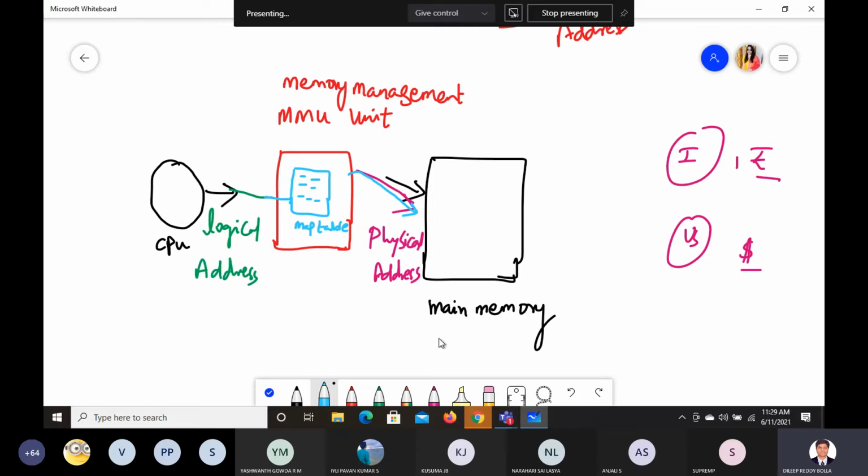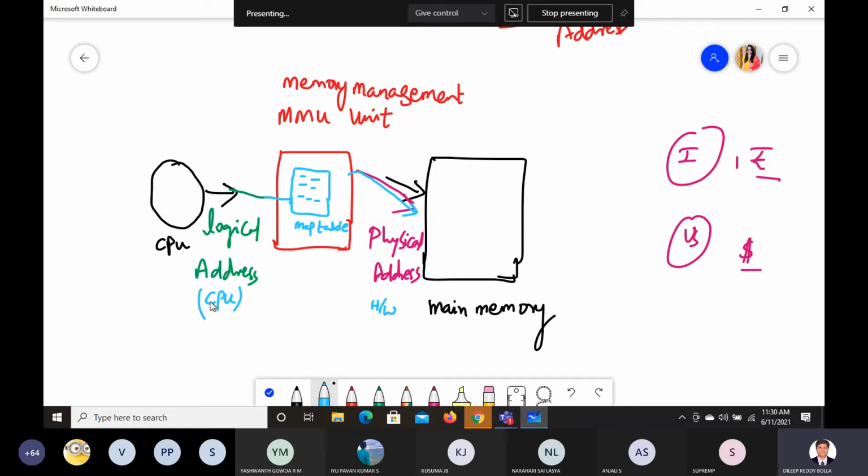Okay, so this main memory, who is going to allocate this physical address? It is allocated by the corresponding hardware, whereas the logical address is allocated by the CPU. The CPU will call by logical address, and the hardware will respond by physical address. So now we need to understand the addresses.